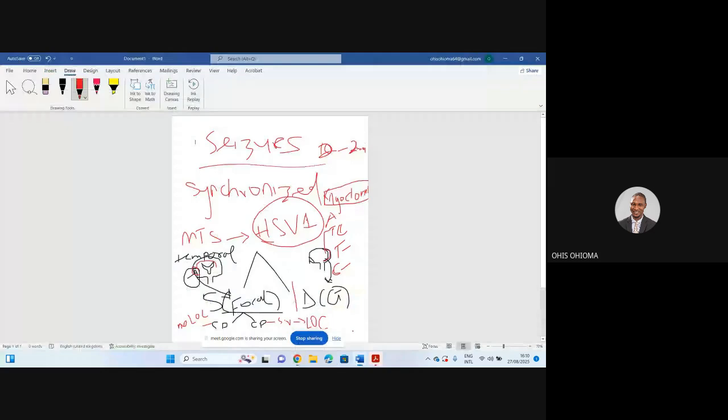For the myoclonic seizure, the patient just has sudden jerky movements. These sudden jerky movements are very, very brief, though sometimes they can be sustained. But for the atonic seizure, the patient has a sudden drop, or sudden loss of consciousness almost immediately. In questions, we usually confuse this with syncope, so there's a difference between atonic seizure and syncope.